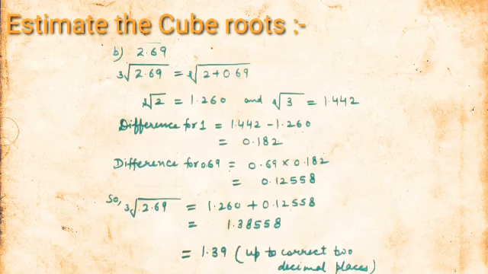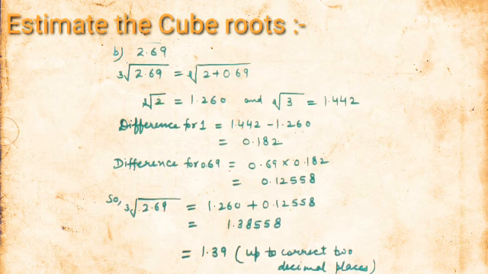Similarly next, that is 2.69. We have to find the cube root of 2.69. The same method we have to follow as we have done in the square root. It can be written as cube root of 2 plus cube root of 0.69. अब आपने cube root of 2 की वैल्यू देखनी है टेबल में. In such cases we will find the approximate difference between the cube roots of 2 and the cube root of 3 by using the table. Table use करोगे because this number lies between 2 and 3.